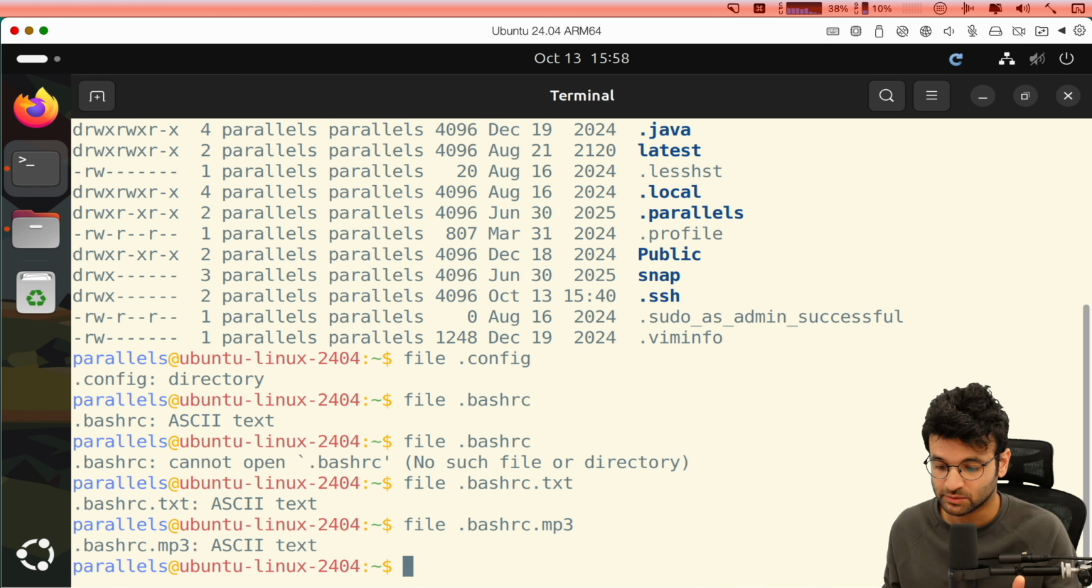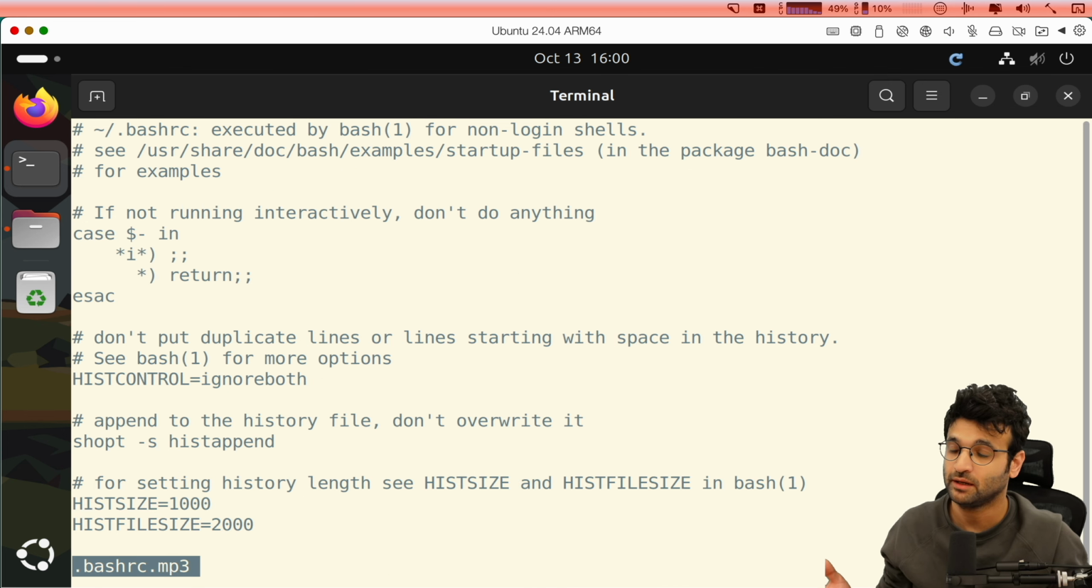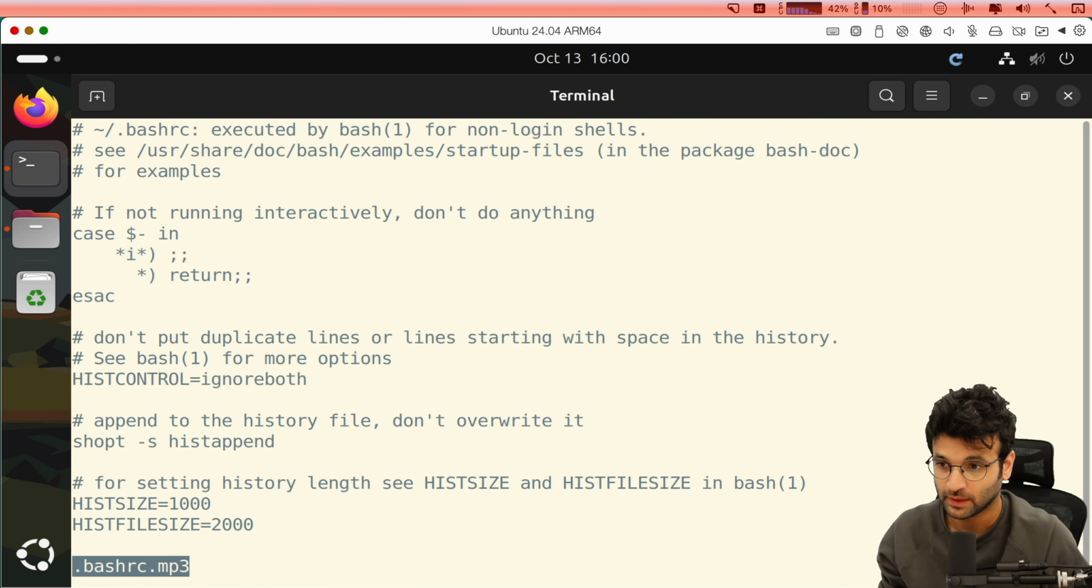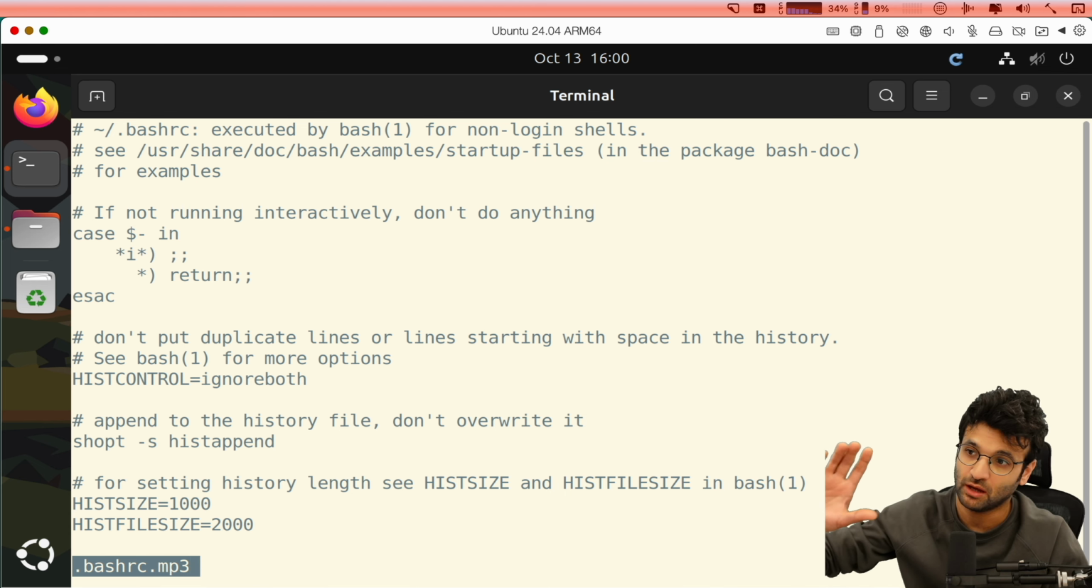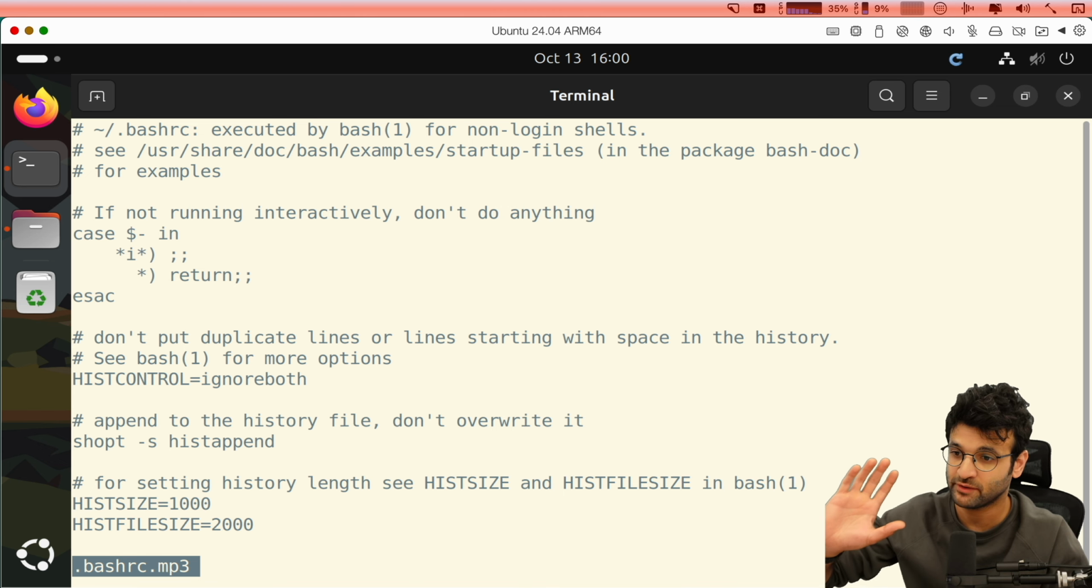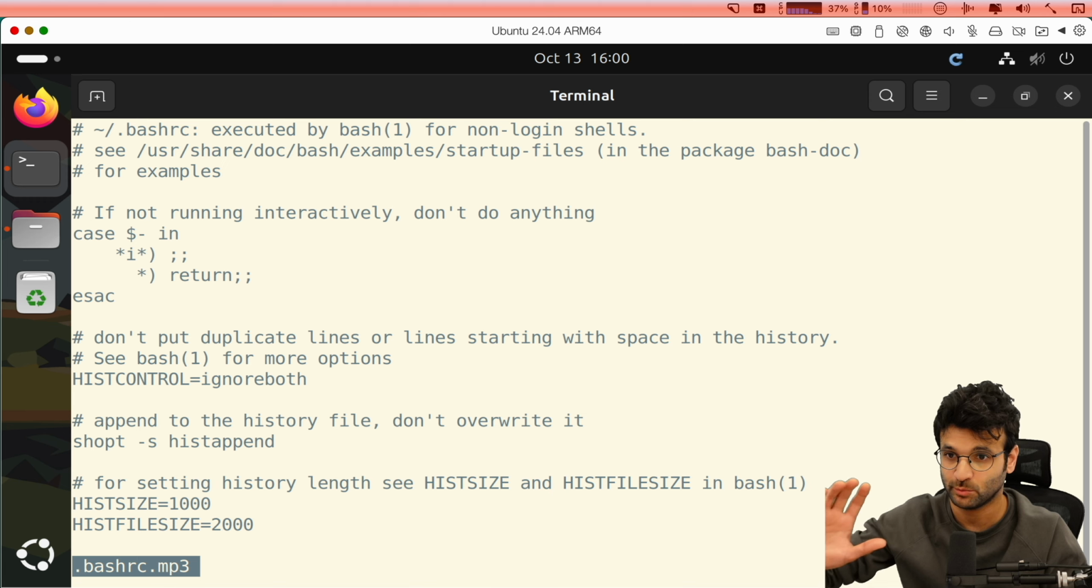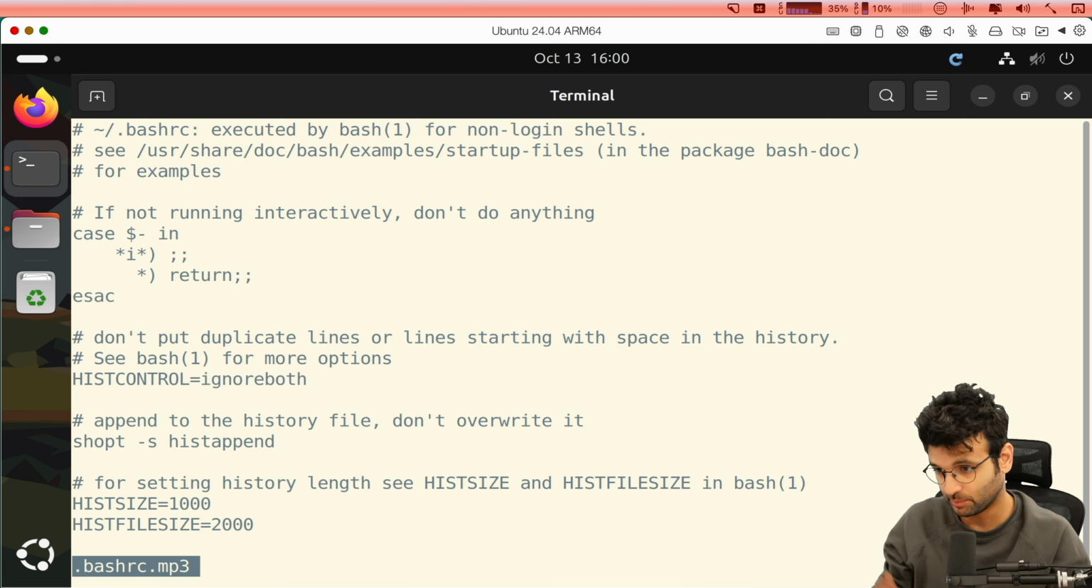I can use another command to view the contents of a text file. The command is called less. So I could type in less .bashrc.mp3. So notice what is happening here is we're getting a text viewer within our terminal. I'm seeing the first page of that file, basically whatever could fit within our terminal window size. I can scroll up and down, so I can scroll down by one line using the